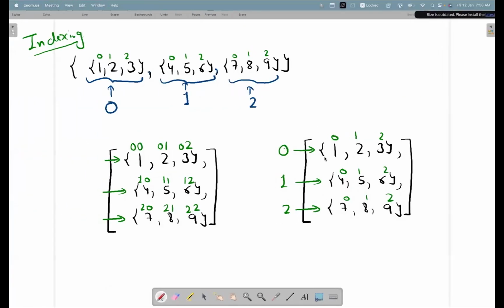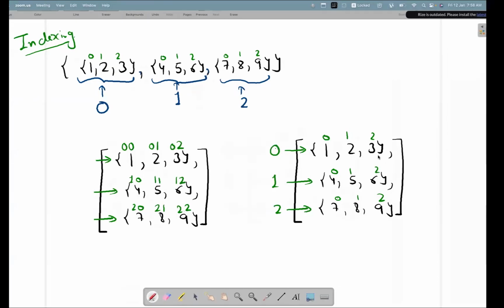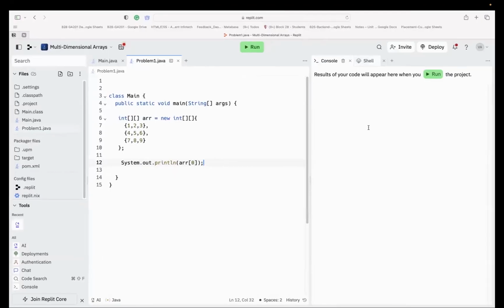You can see that array of 0 is pointing to the whole array, 1, 2, 3. So if I execute this code,